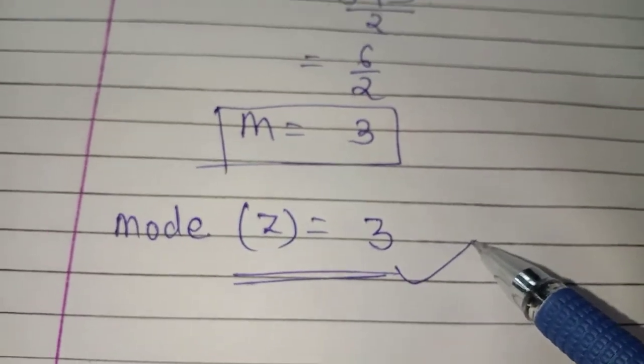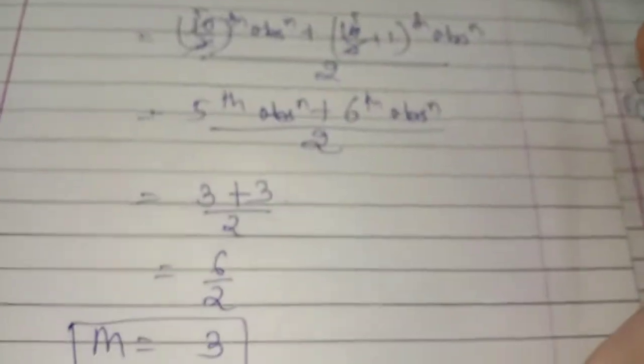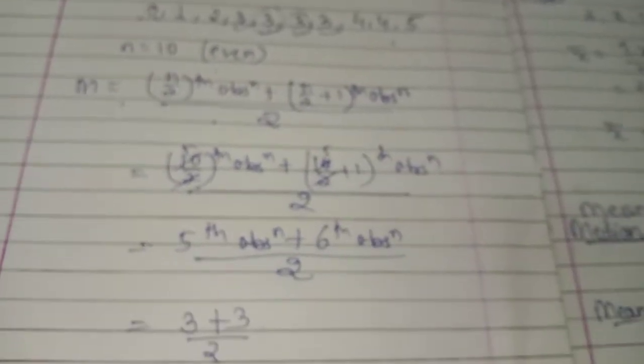So for the next segment, I will go for one more numerical for mean, median and mode, where I will explain to you about when n is given odd. And once again I am repeating, don't panic about the graph. As soon as I complete 14.4, we will start to make graphs also. Okay, see the calculation.